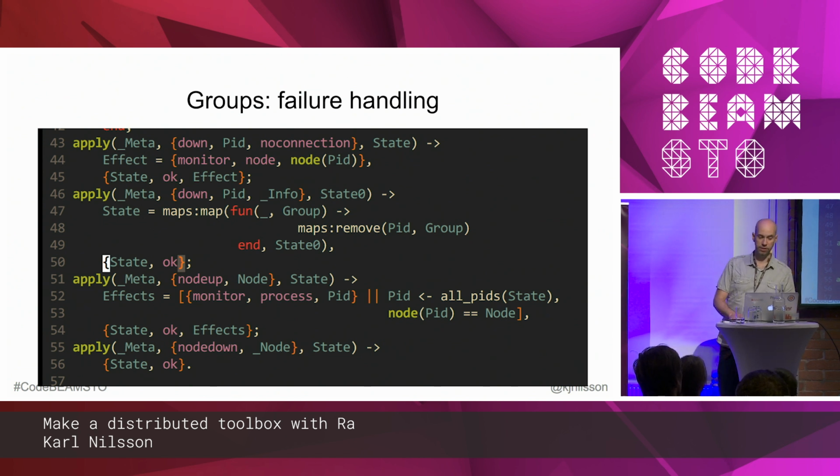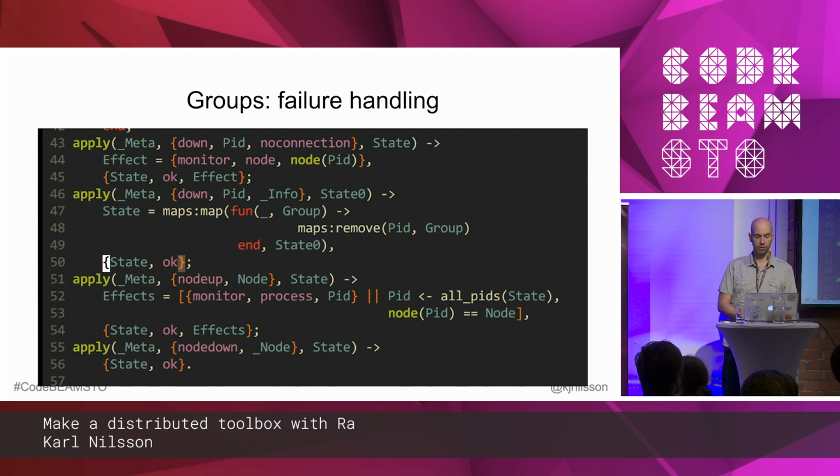If it's not no connection, we simply just remove it from all the groups that the PID belongs to. So we know it's down. It either doesn't exist or it has an exit reason, so it crashed, right? So it's gone. We can remove it. That's okay. Now that we issued this monitor node effect, we need to handle the node up and node down